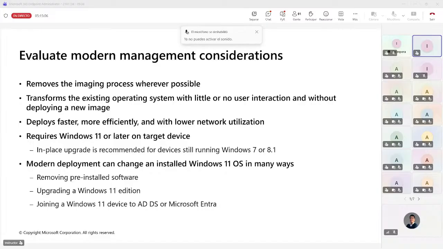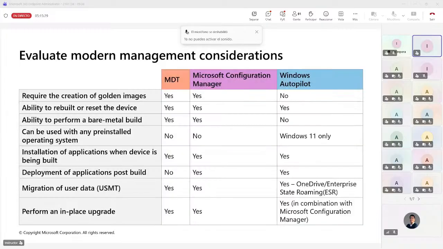And then modern deployment can change an installation or an installed Windows 11 OS in a variety of ways, like removing pre-installed software, upgrading the edition, joining it to Entra ID, restricting the admin account, customizing the UI. Those are all things that can be done with our modern deployments. And so when we take a look at a little chart here,